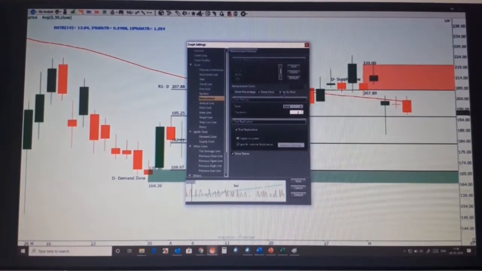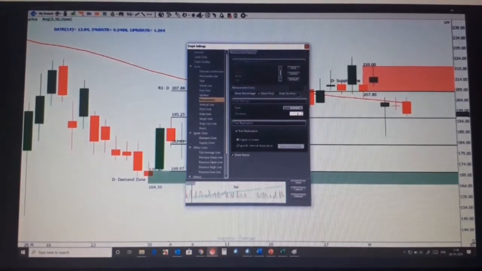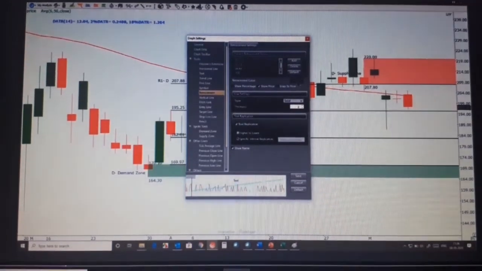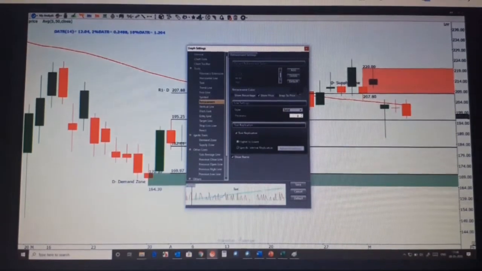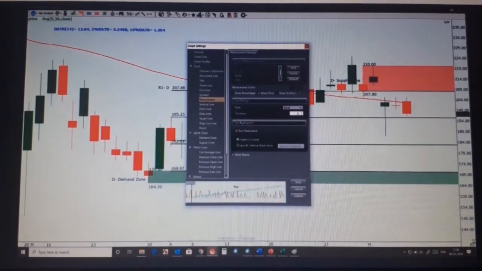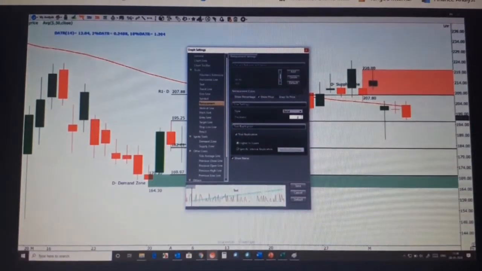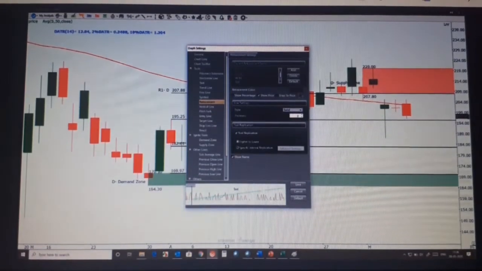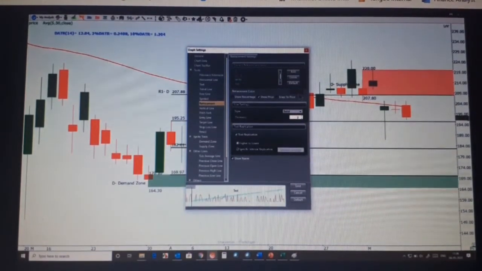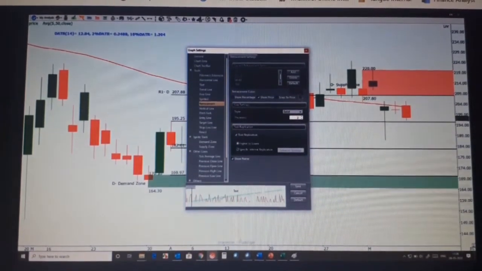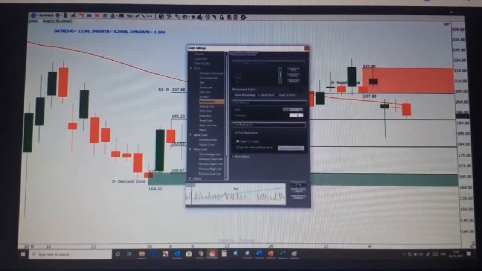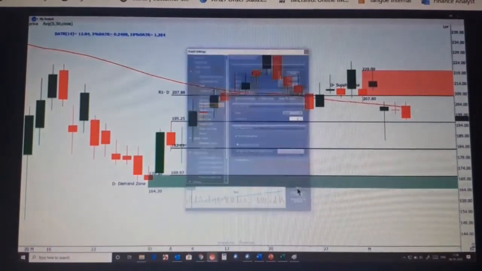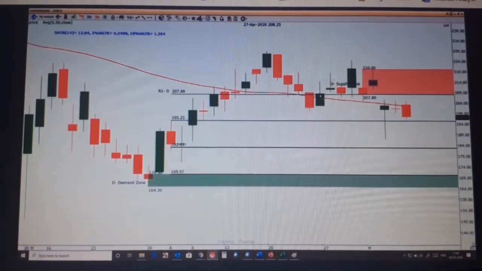Now, one thing that you need to remember: if your background is white, then use a dark color retracement. If your background is white and you are using a white color retracement, it will come on the chart, but you will not be able to see it. So use this black color retracement. If you are using a darker background, then use a lighter color for this. Okay, and press save. So now you can just use this and divide.